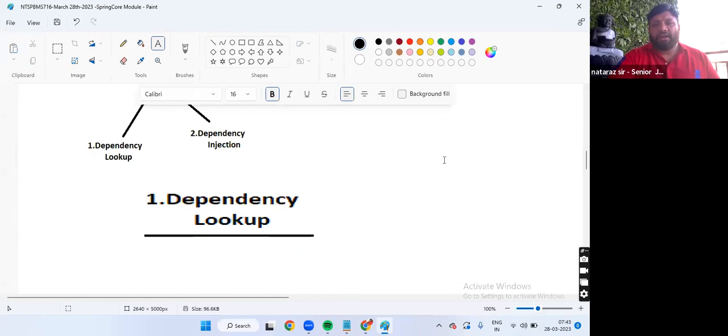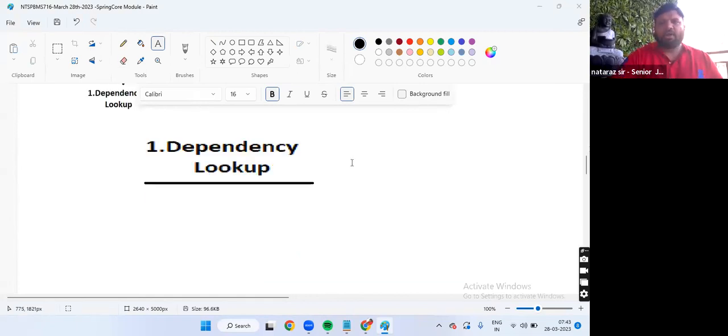Super. Dependency lookup. In dependency lookup, what happens, guys? Here, the target class writes some logic to search and get a dependent class object from different resources.